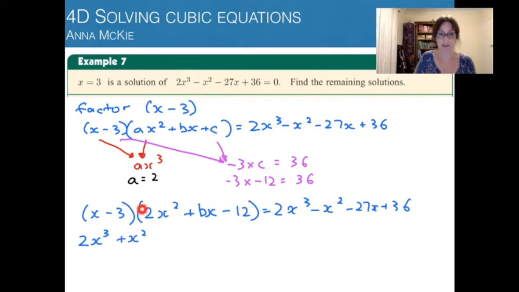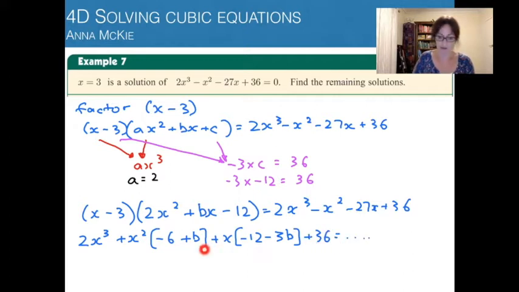It would come from this x squared term multiplied by a constant, and that would give you a -6 there. Or x squared would come from this x term multiplied by that x term, and that would give you a b. Where would your x term come from? This x multiplied by the constant, and it doesn't matter which order you write these in. Or an x term would be this x term multiplied by that constant to give you -3b. And then the constant term is 36,